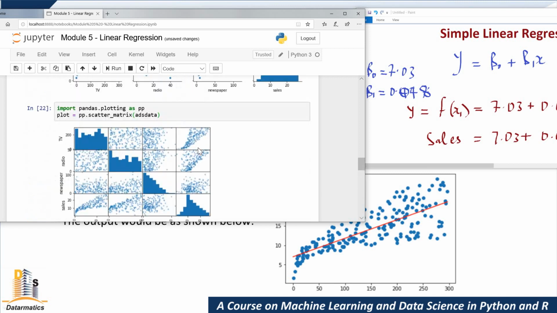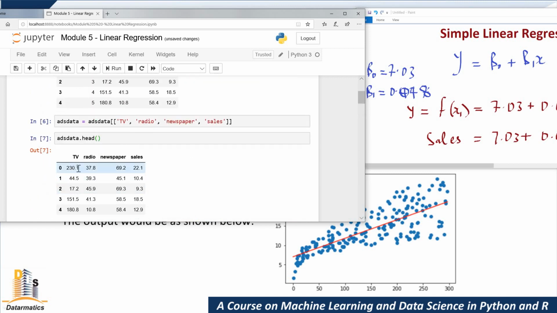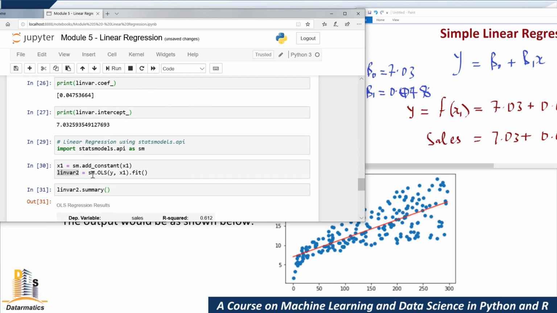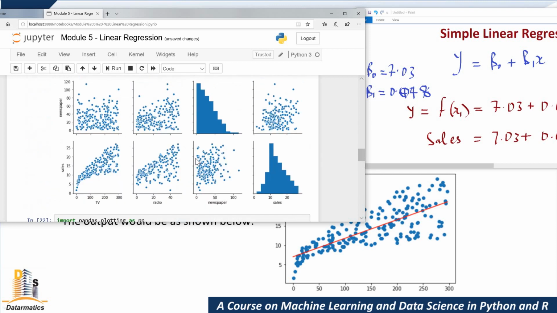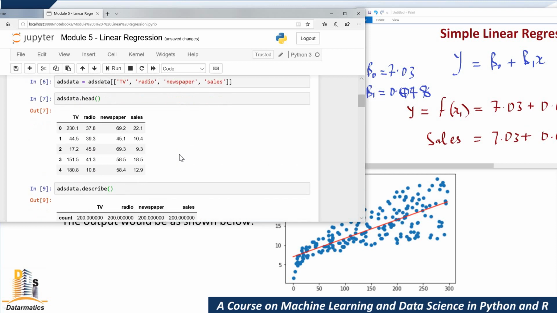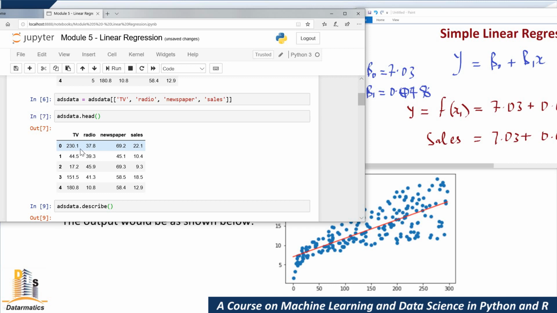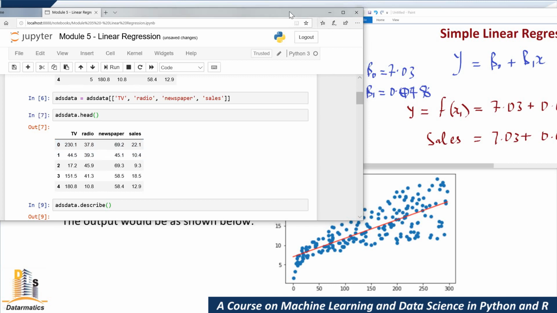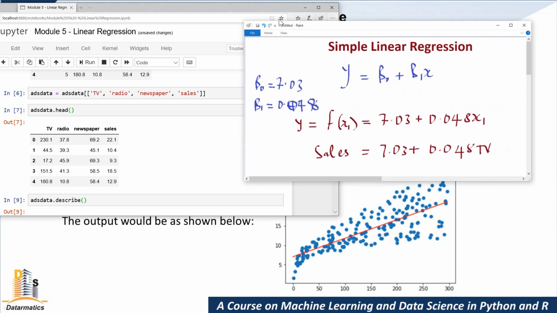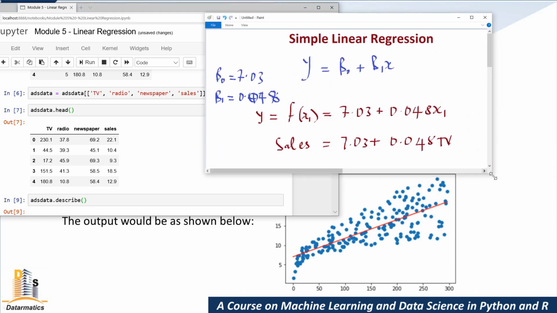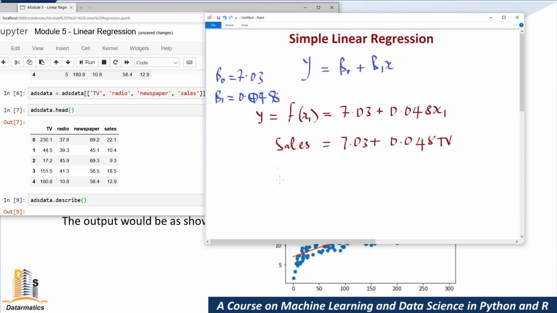So meaning that literally we can go to the data set and take values from TV, fix it into the equation, and calculate y. Let me give you an example. Let's assume that we have the value for TV 230, and we want to calculate the sales using our model, right? So we are calculating sales using our model to be 7.03 plus 0.048 times